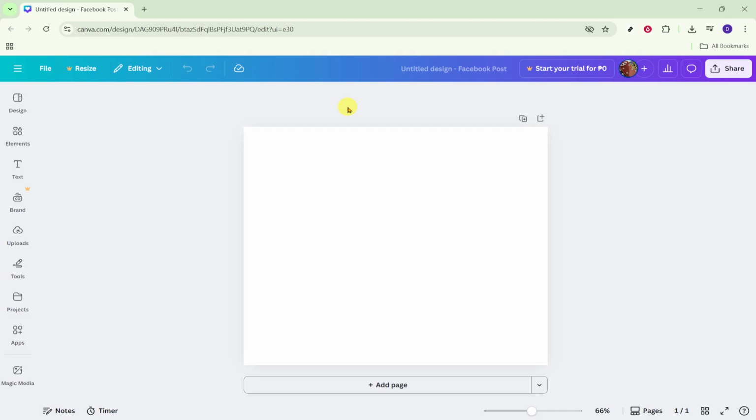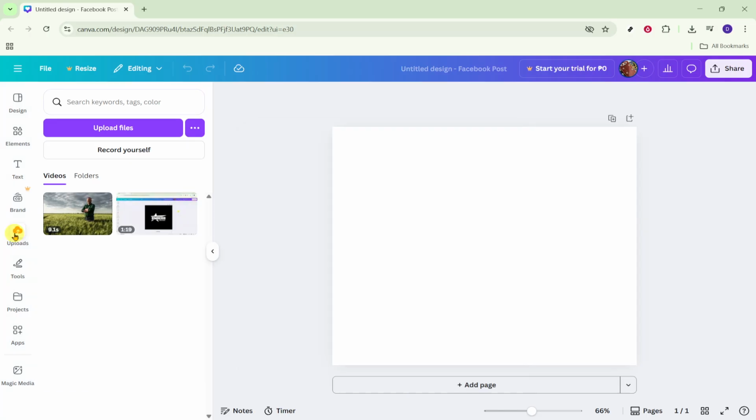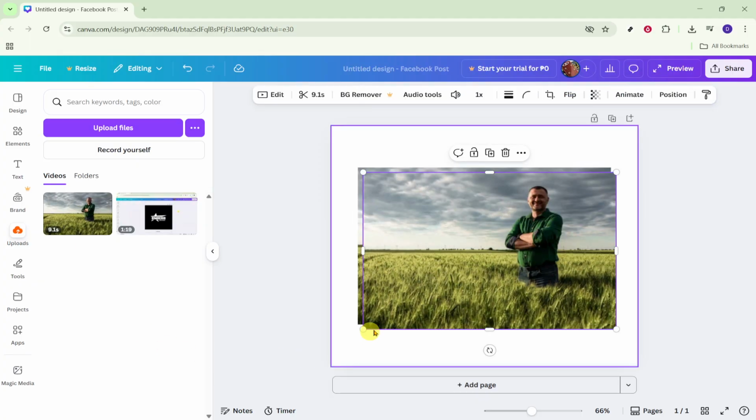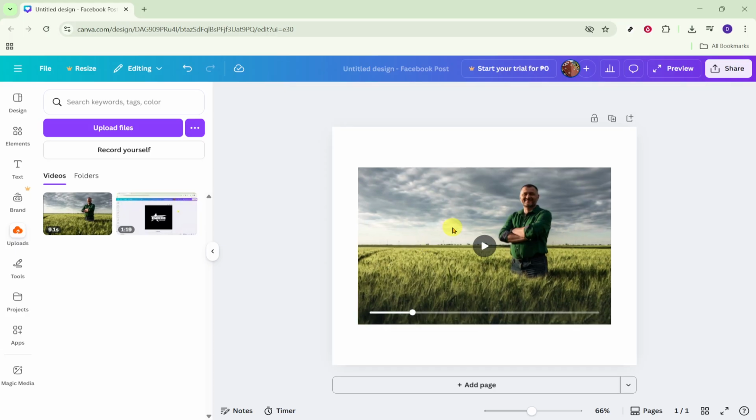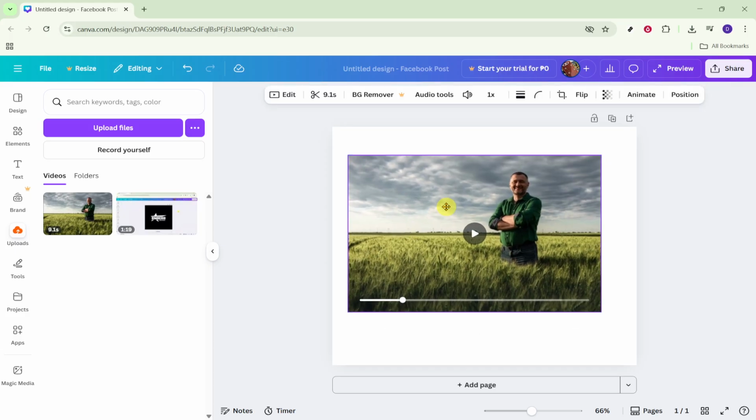Once you're on the editor page, look to the left sidebar and open the Uploads panel. This is where your media lives inside the project, and it's the quickest place to access the video you want to use. Find your video in the Uploads panel and double-click it. That action places the video directly onto your canvas so you can start adjusting it right away. If you prefer, you can also click once to highlight it and then add it to the page, but double-clicking